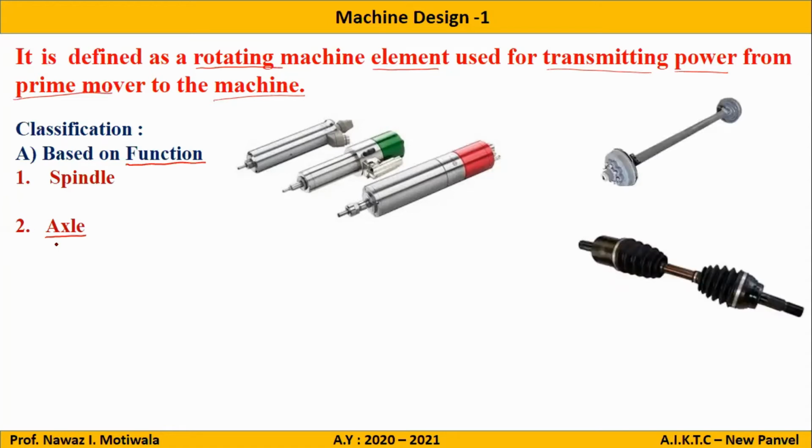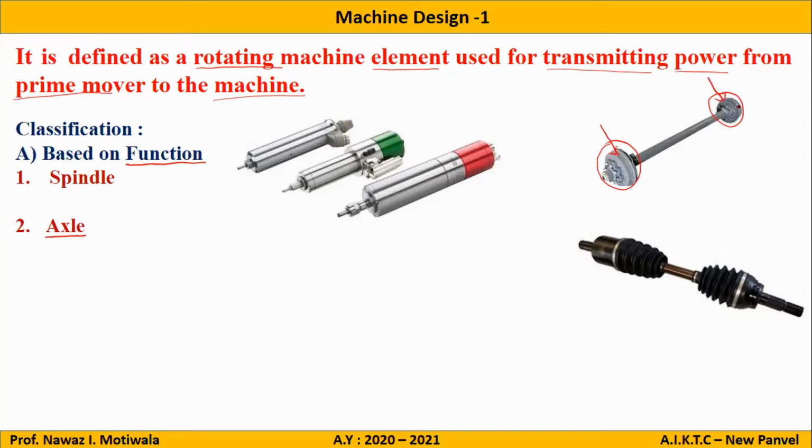So there is also a figure in front of you. What kind of load can an axle carry? Perpendicular load. Perfect answer. See this. This is a shaft, or you can say this is an axle shaft, in which, if you can see on these two sides, there are wheels attached. And because of these wheels, there will be load on this like this.